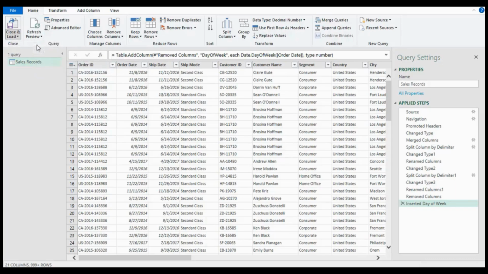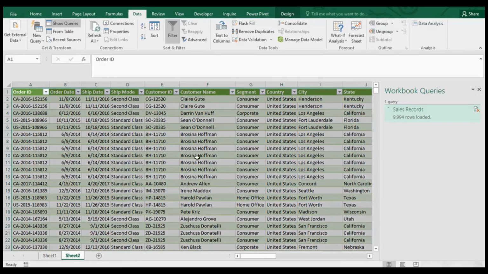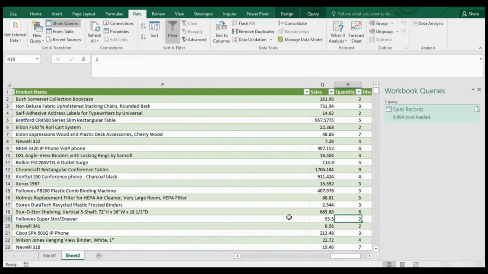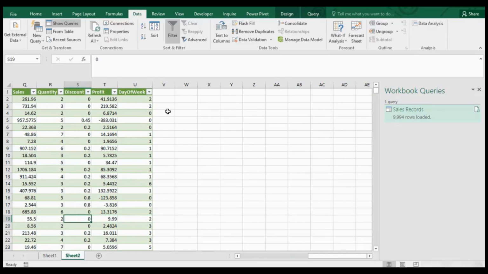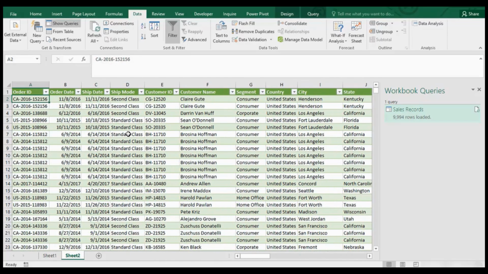So I just do close and load. But when you are doing yours, you probably see close and load. You probably choose close and load to, and then you select the table. So I have everything all here, and if you look at this, move to the extreme, you see that I have these days of the week here. So if I decide to create a pivot table from this,